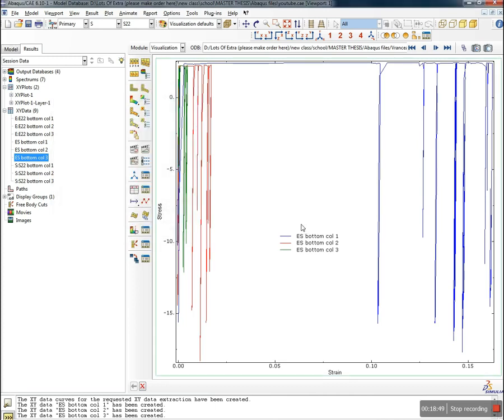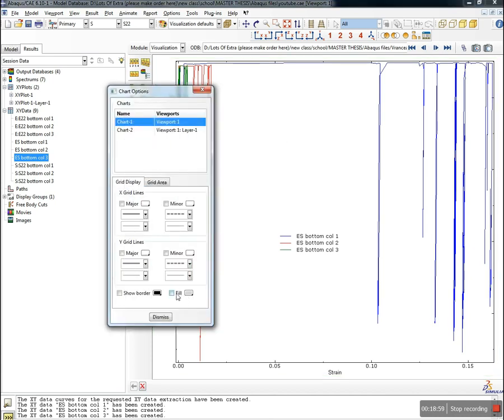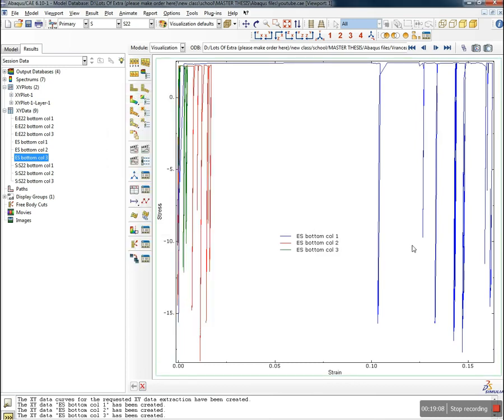And one last mention regarding this graph, probably you have some gray background by default, so I didn't want that. What I have done, I just double clicked somewhere, anywhere, and you have this fill here. Yes, and I don't like it, so I will just uncheck it, and now click dismiss. Okay, and now we have the stress strain diagram for our points, or more precisely our elements, not our points,